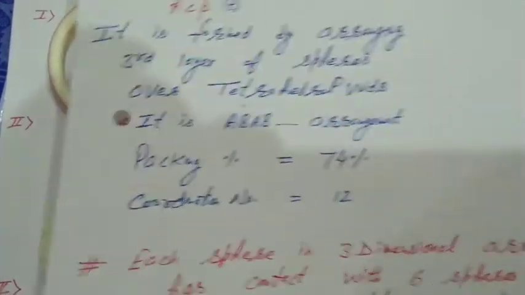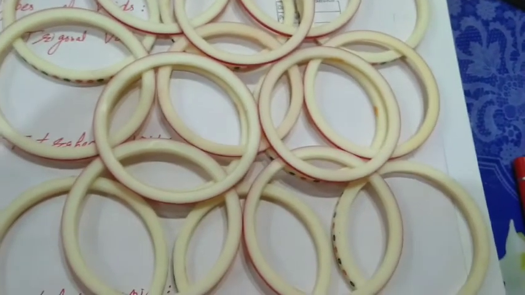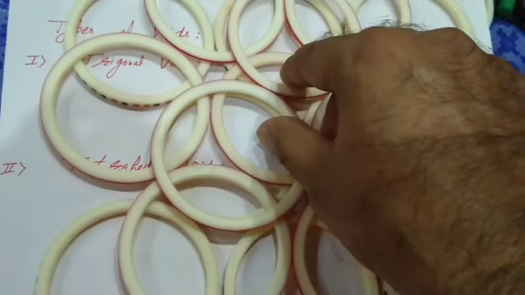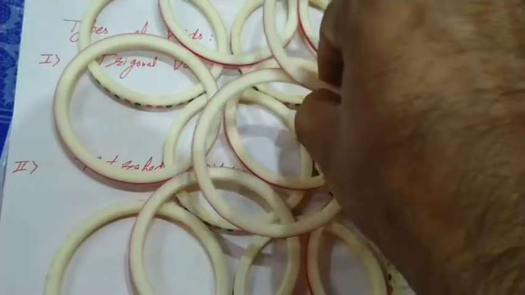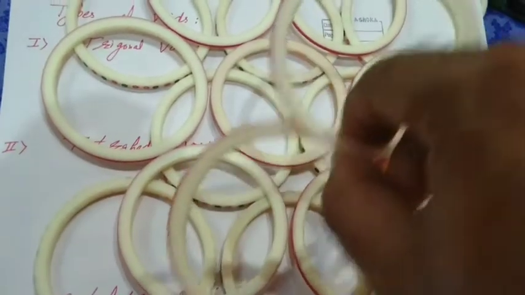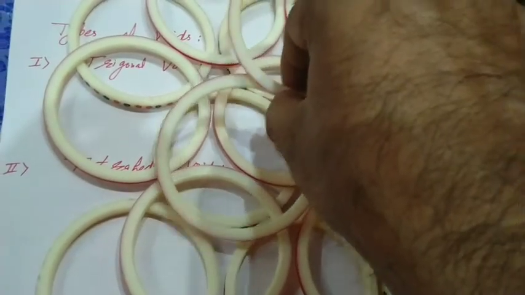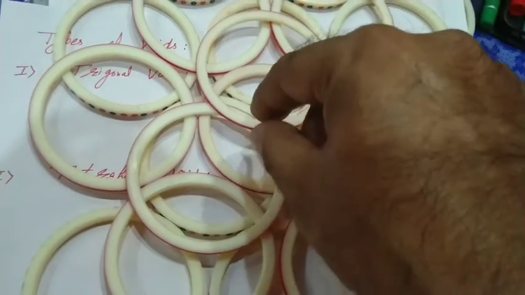Packing percent is 74% and coordination number 12. It is HCP in 3 dimensions. Third layer over the tetrahedral void, students. AB pattern. The same layer was formed. A layer was again repeated. That's first layer A, second B. If I cover tetrahedral voids, please look here again. These are tetrahedral voids. The same A layer is again repeated.